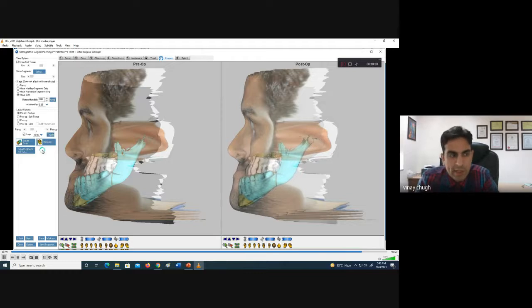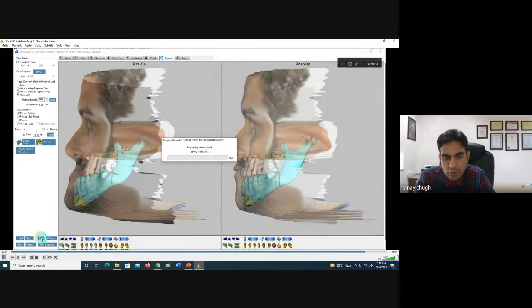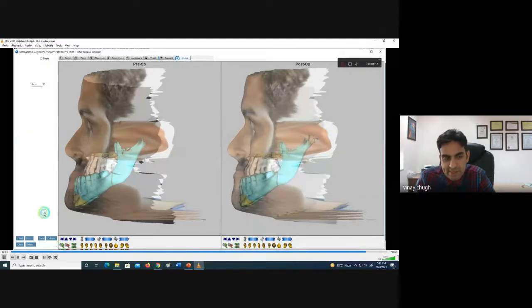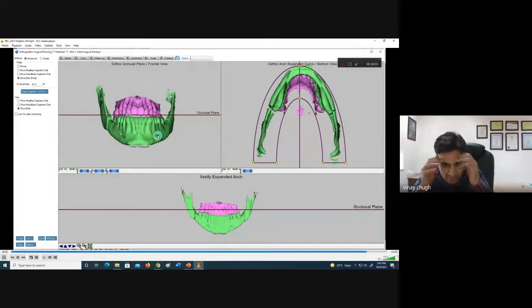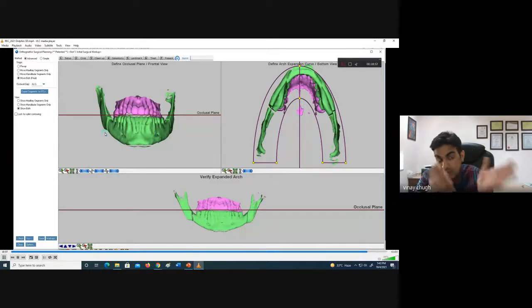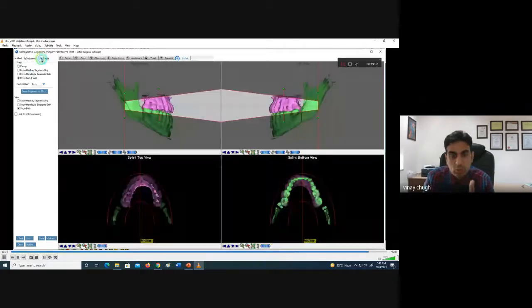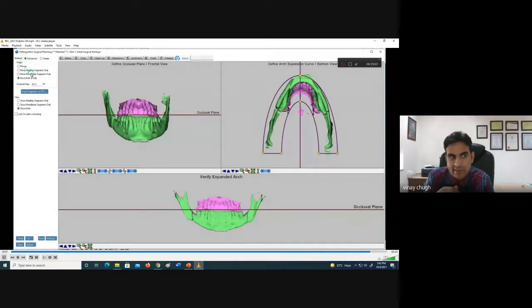Obviously there are many more options to plan in whatever direction of the genioplasty. Perhaps this software is not equipped like the other 3D surgical planning software for distraction placing and using the distraction. I am not very sure, because we have not actually used it, and it doesn't show in our gallery that there is any model to place that distractor, and whether it can do that plan. Probably the advanced 3D surgical planning software like ProPlan are more advanced versions and they can have that. So this is simply from the orthognathic surgery point of view.